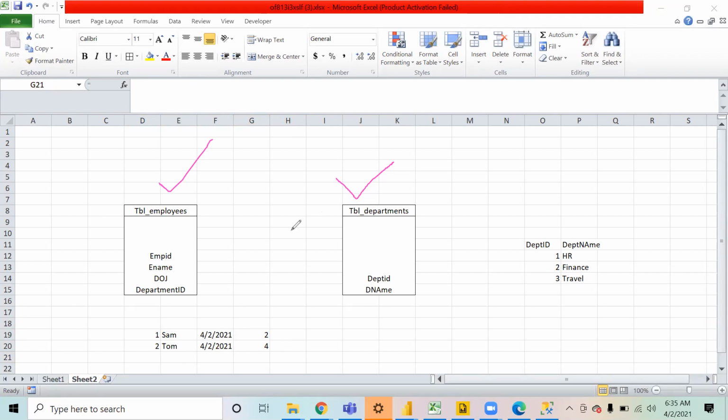So in both the tables, if I see the department table, I can keep department ID as a primary key because it is going to be unique and it will never be blank. There will always be some ID that represents that department, right? I can make department name also a primary key, but as a best practice, if you have two options, IDs and names, we should always use ID as a primary key and not the name. In the same way, in this table, employee ID is going to be my primary key. Now let's start and try to create this.